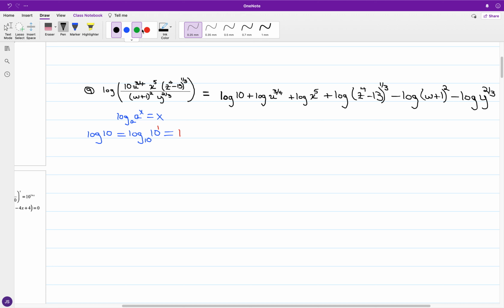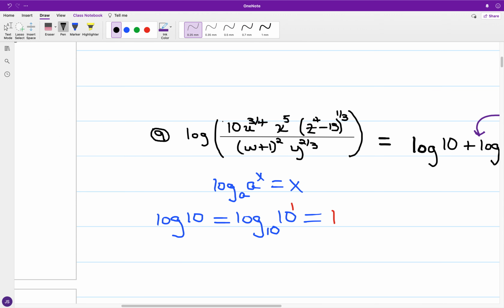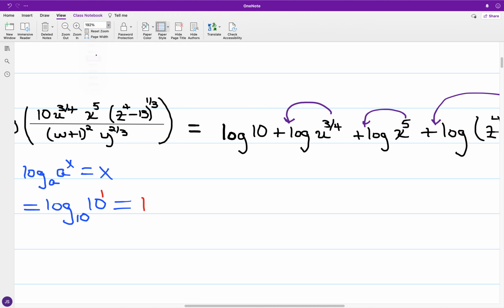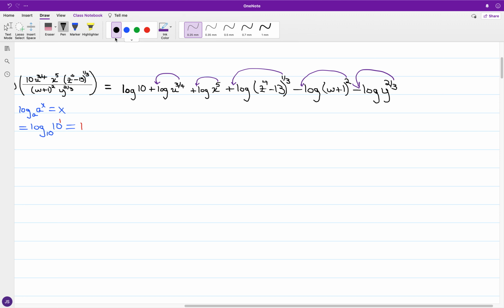And for the other terms, we're going to convert the exponents into coefficients. So for what we have now, the base 10 logarithm of 10 goes to 1. Then in the development, with the first term you have 1, then plus 3/4 of the base 10 logarithm of u, and plus 5 times base 10 logarithm of x,